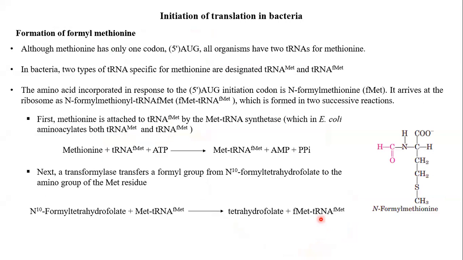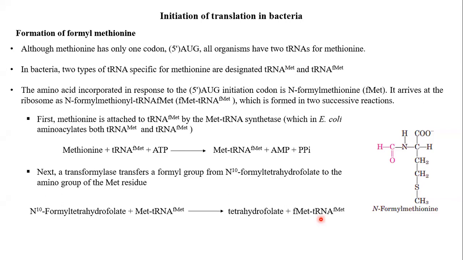Now, the first step of bacterial protein synthesis is initiation of translation. The requirement is the mRNA which has been synthesized, so that mRNA after transcription is in the cytoplasm. Then it requires ribosomal subunits, which are also present in the cytoplasm but still separate, 50S and 30S. And it requires charged transfer RNA. We have already done the first step, so transfer RNA is also ready.